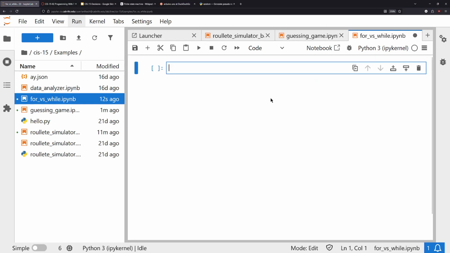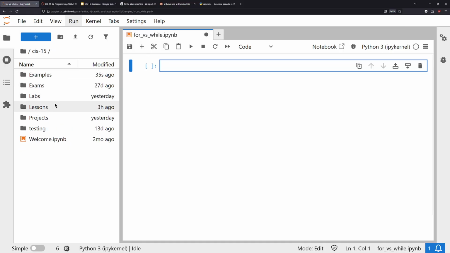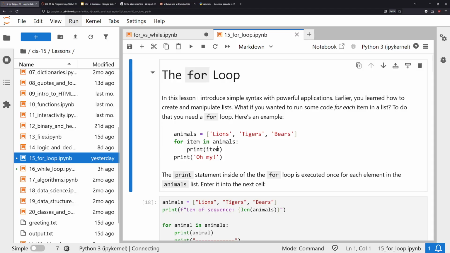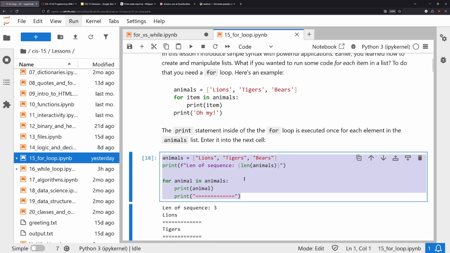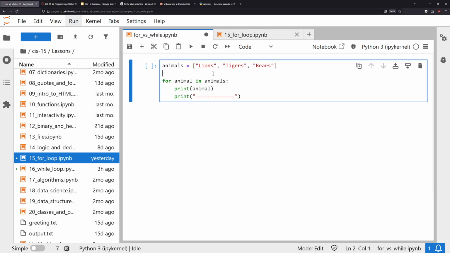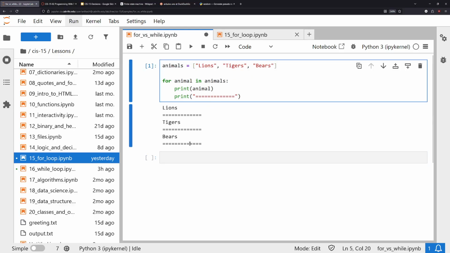Okay, let's demonstrate the differences between for loops and while loops, or show the similarities. Back in the lesson on for loops, you might remember we were looping through lists in the very first cell. So I'm going to copy this from the for loops and paste it over here in this blank notebook. Make a quick modification. This is stuff from a couple days ago, where we showed for loops that iterate through a sequence. You might remember that you can represent this for loop in another way by going through a range